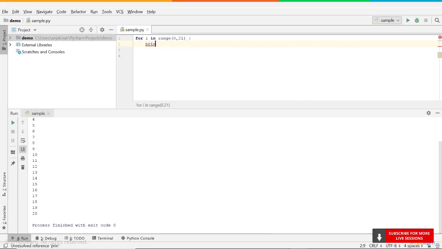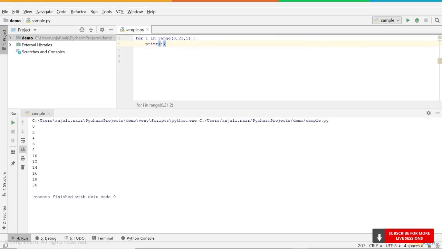Now we want only the even values between 0 to 20 to be printed. One way of doing this is that you can check using an if statement if every value that is stored in i is a multiple of 2. Or you can simply modify this range function slightly and put comma 2. So here what this means is that every second element is only printed. So 0 will be printed, 1 would be skipped, and then 2 would be printed. Let's see that. Run it. So as you see here, in just 2 lines of code, we got all our even numbers between 0 to